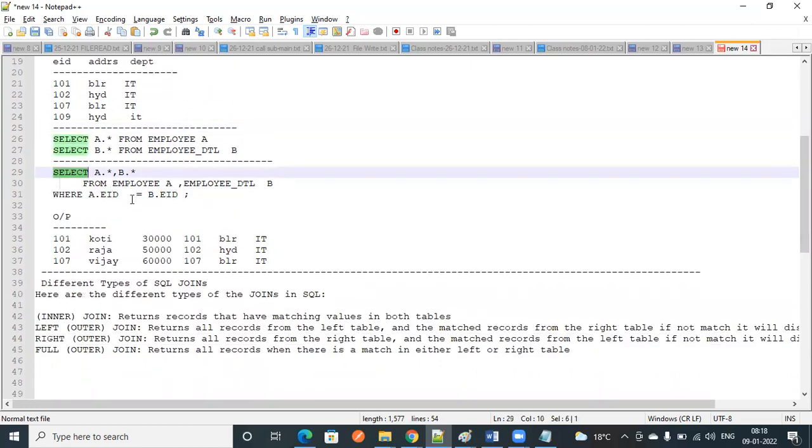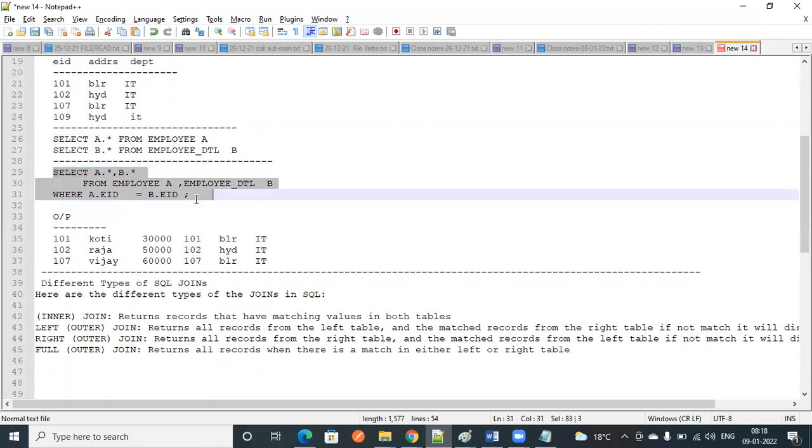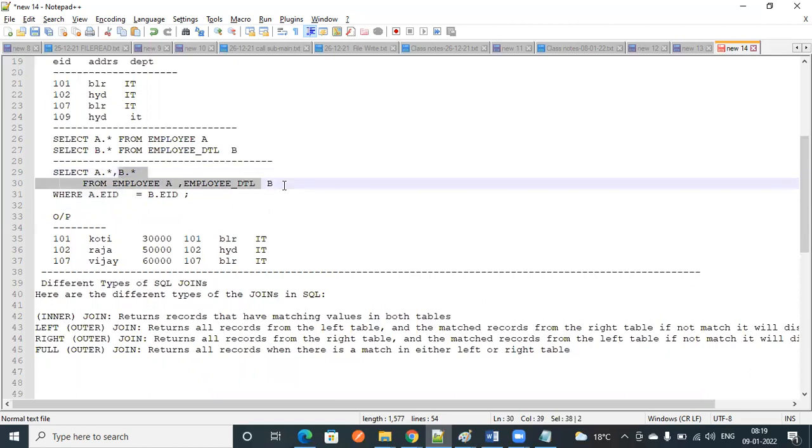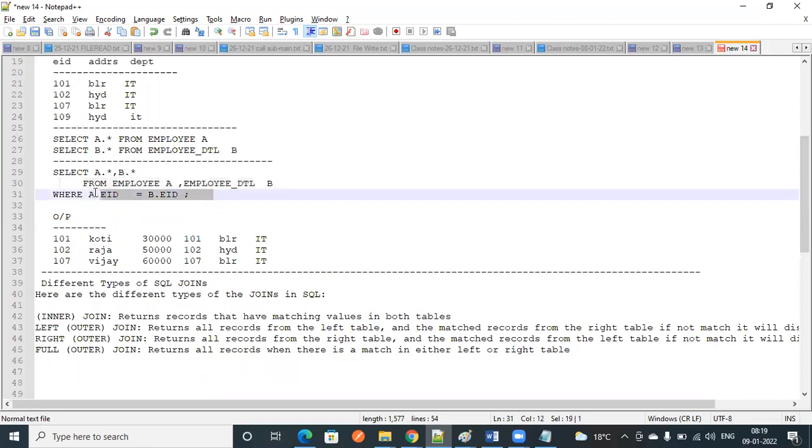Okay, this is the way we can write inner join. Just simple: select A dot star and B dot star from the tables required, and the matching key in the where clause. Sometimes it is matching not on employee ID but on some other ID, like category ID, then you need to change the where clause. So this is the first way.